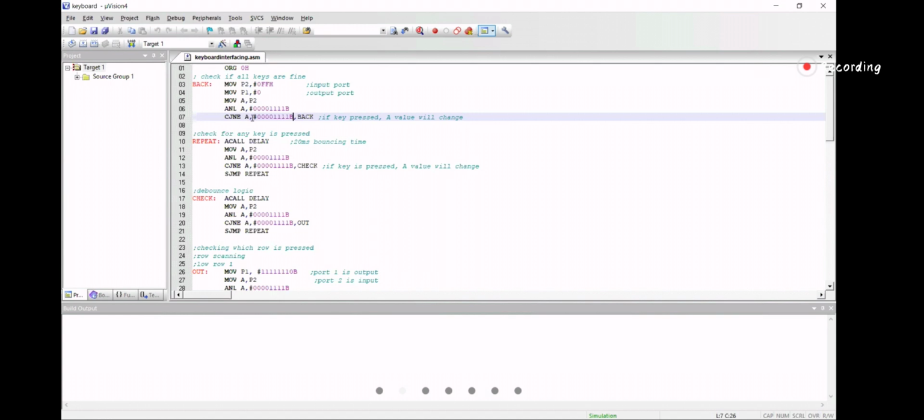If these two are not equal, that means a key has been pressed. Not equal means key has been pressed, so it will come out of the loop. If the key is not pressed, it will go back again in that loop. That's it, flowchart explained. I explained that part, right? When the key is not pressed,